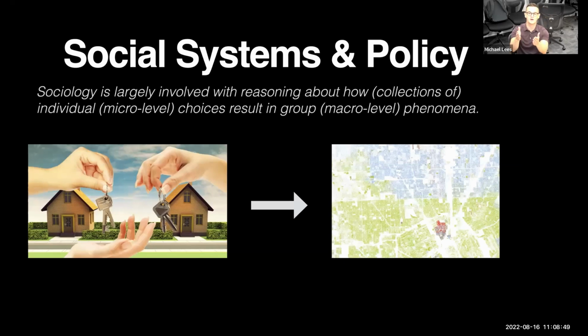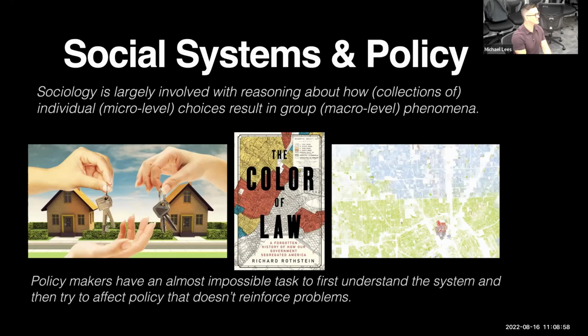So the question is, how do these individual behaviors lead to these outcomes? And then coupled to that is, what kind of control can policy have on that? There's a great book, if you're interested, called The Color of Law, and it describes how US policy over the last half century has actually exacerbated segregation in the US. The other problem with these complex systems is that once you get the system into a particular state, it can often be very, very hard to get it out of that state. By putting in place a law to, let's say, encourage segregation, you make it hard to reverse. Once you're in this state, you need a lot more energy in the system to do it.